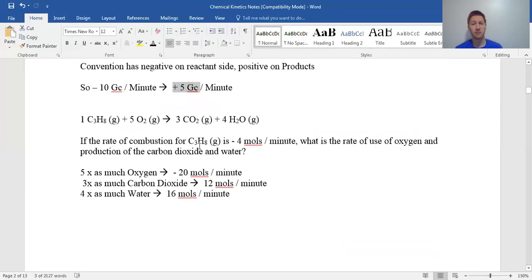Real life again here, combustion of propane, and this is actually relevant for your car engine. It doesn't use propane, but the general idea is the ratio between oxygen and the fuel inside the pistons is really important. If you have too much fluid, too much of your gas, you're going to flood your engine, and that's bad because your engine won't run. If you have too little of the fluid and too much of the oxygen, if you have the wrong ratio, then you're going to run lean and your car engine doesn't have any power.